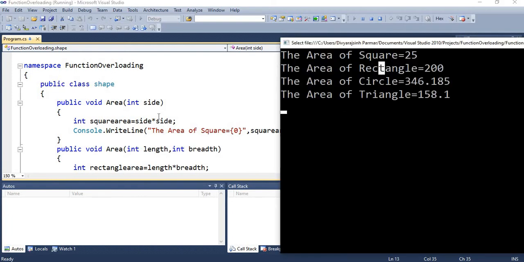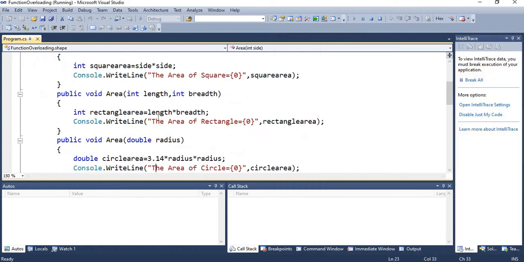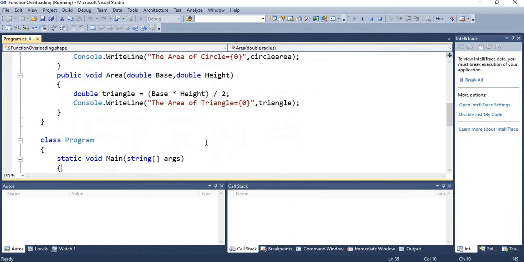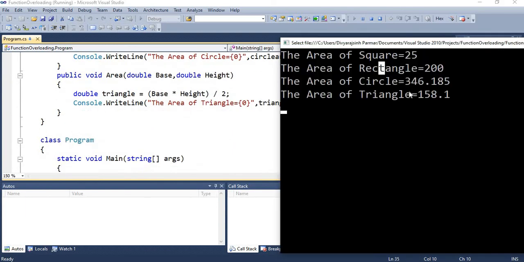Then the area of the rectangle is equal to 200. The second function gives the area of the circle. Then the last one is the area of the triangle.